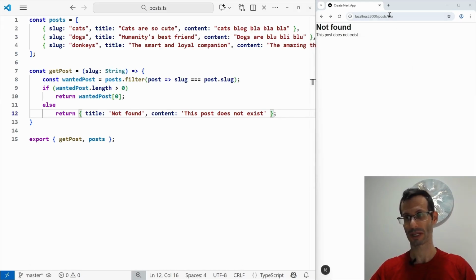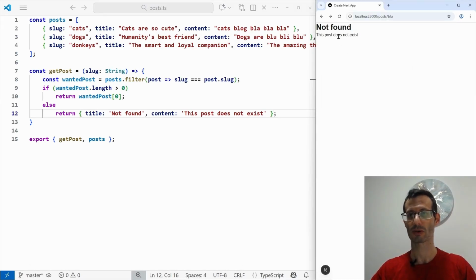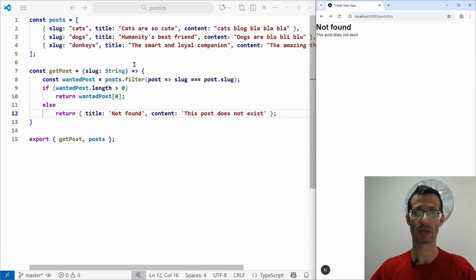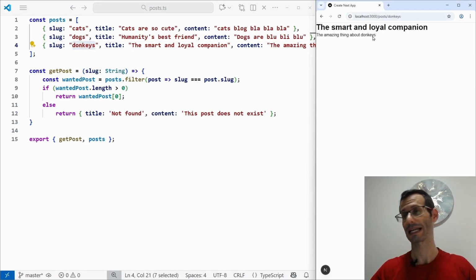So if, for example, we're trying to access this slug that does not exist, of course, we can see the post does not exist. But now let's try to access, say, donkeys. And when I try to access this page, I get back the donkeys article. Let's try to access the dogs article. And here is the article about